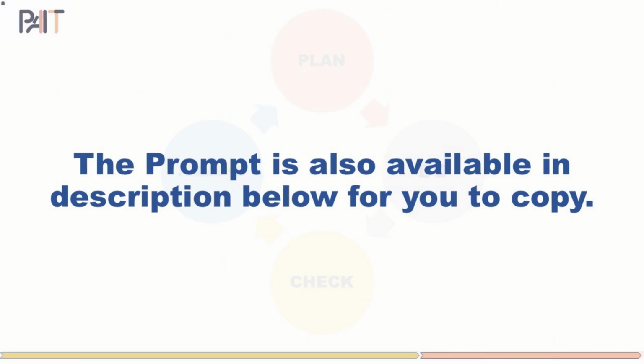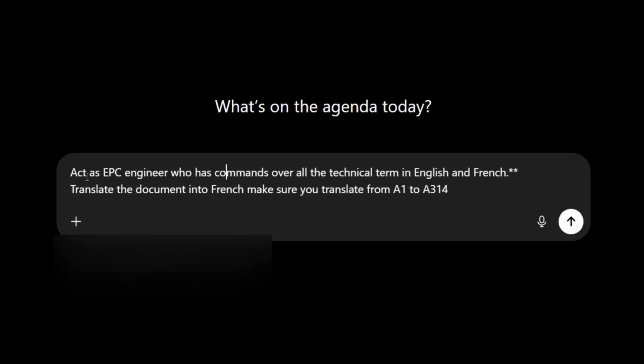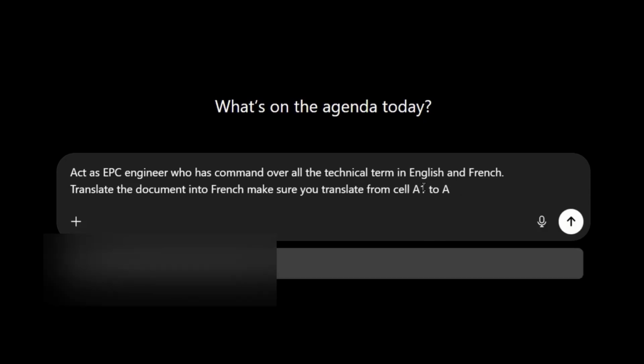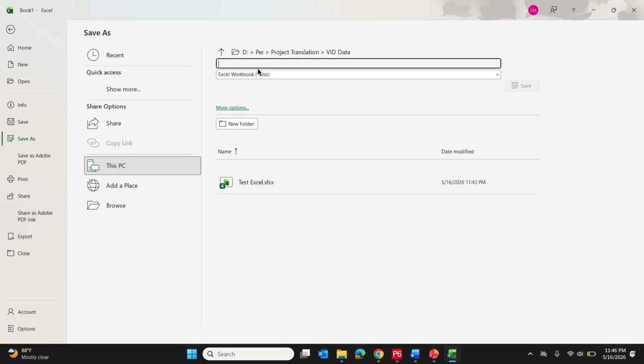So the prompt that I am going to use is: act as an APC engineer who has command over all technical terms in English, your parent language, and French. Translate the document into French. Make sure you translate from cell A1 to A132.